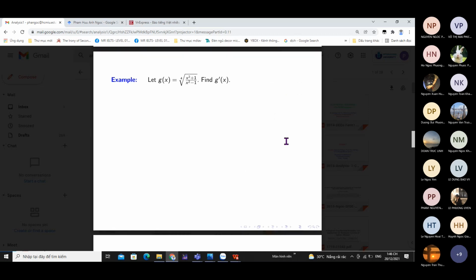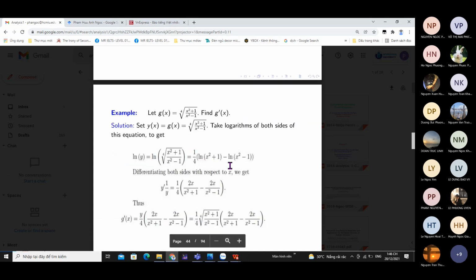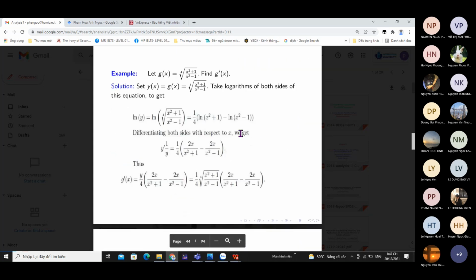Now we want to find the derivative of the function g given by the fourth root of x squared plus 1 over x squared minus 1. Of course, here you can apply the chain rule and quotient rule, and you get the derivative of the function g. Here we apply the logarithmic differentiation technique. So we take the logarithm of both sides of the function